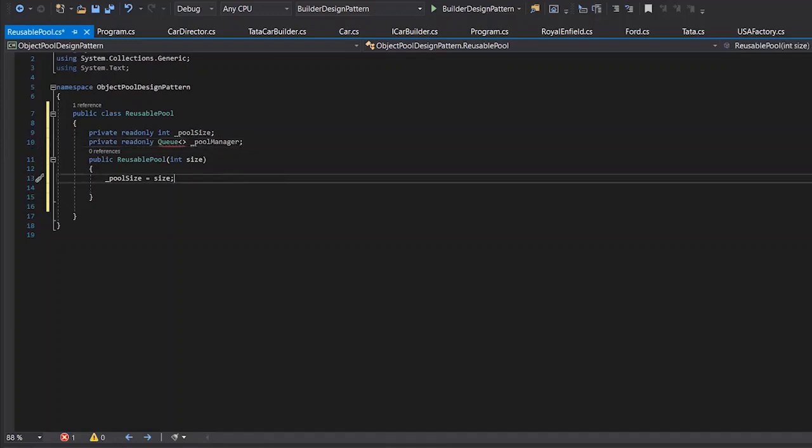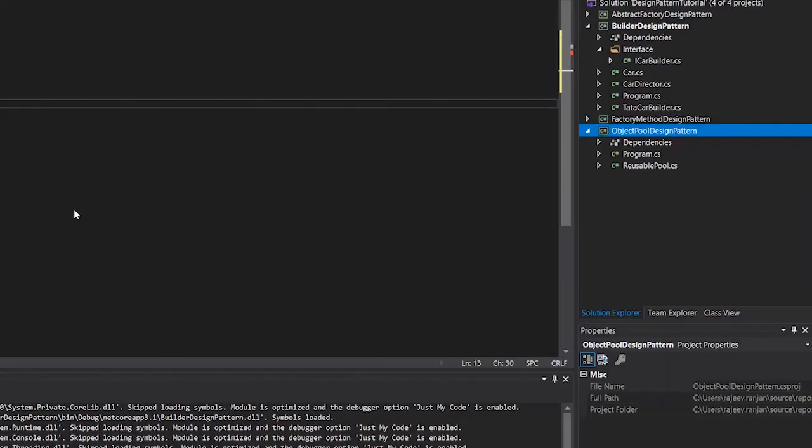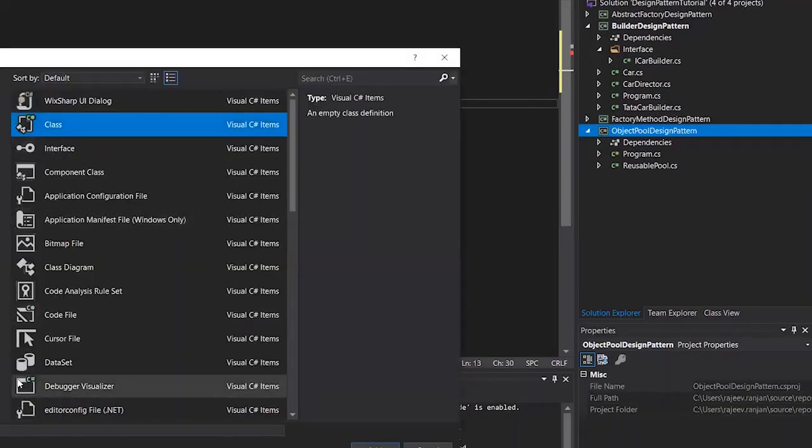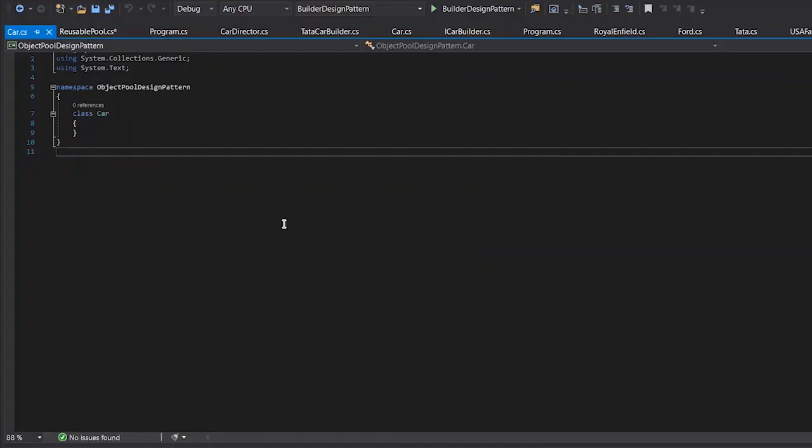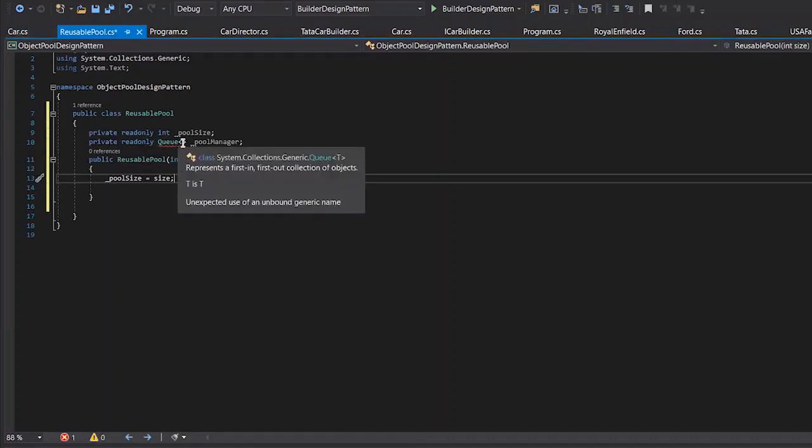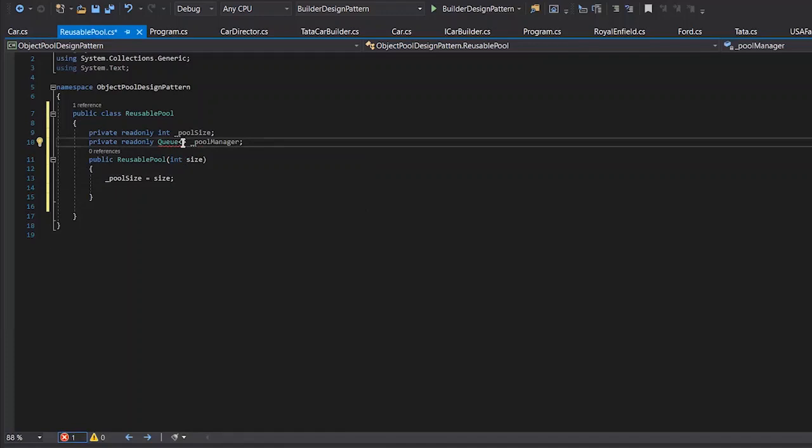Let's start with what our object should look like. Let's take the previous example of our car class. Our final object should be Car. Let's start with the car elements. We don't need to add anything here.